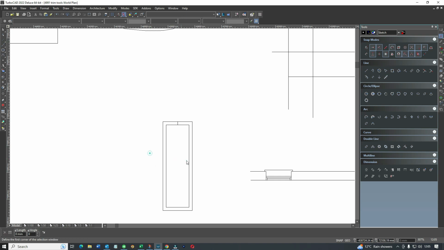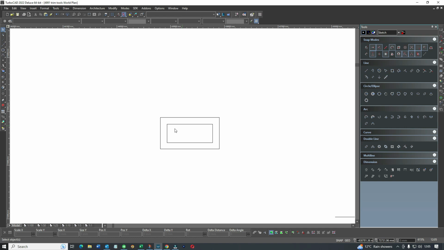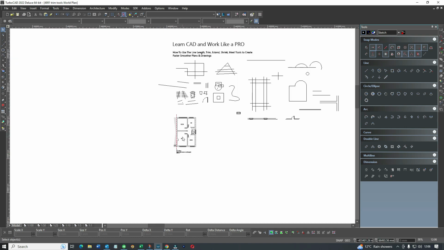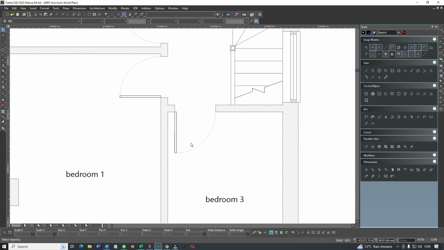Do it again. I'm still in here, so you can stretch it any way you want, but you keep your margins. And that's the beauty of it. So use the stretch tool, learn about the stretch tool, apply it in different situations. I'm going to give you a few more examples here,